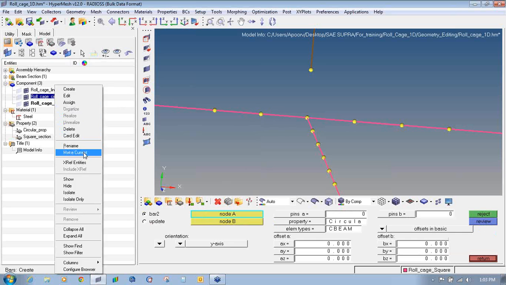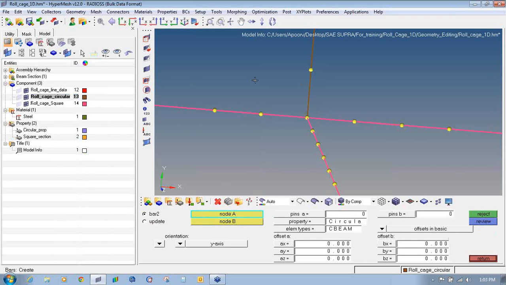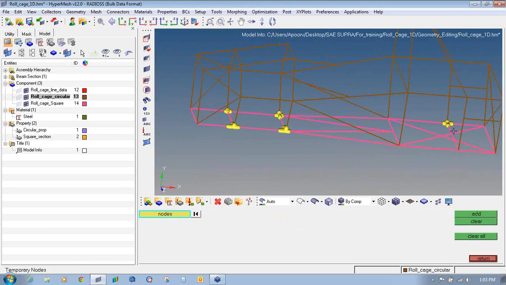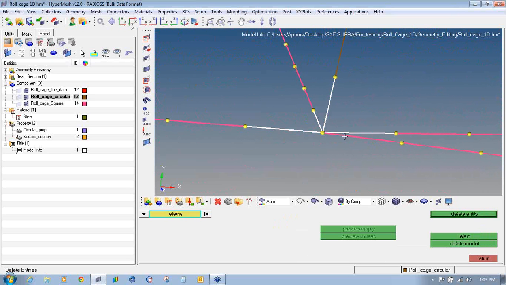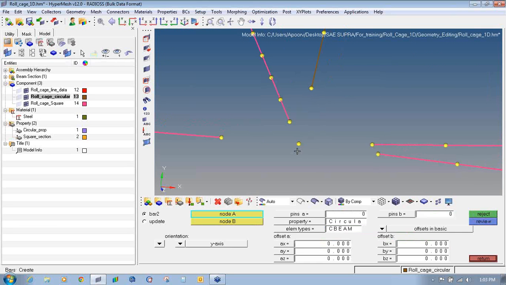Make the circular component as the current. So the mesh will go to that. The element will go to that. Shift F2, select this and say clear. F2, delete,